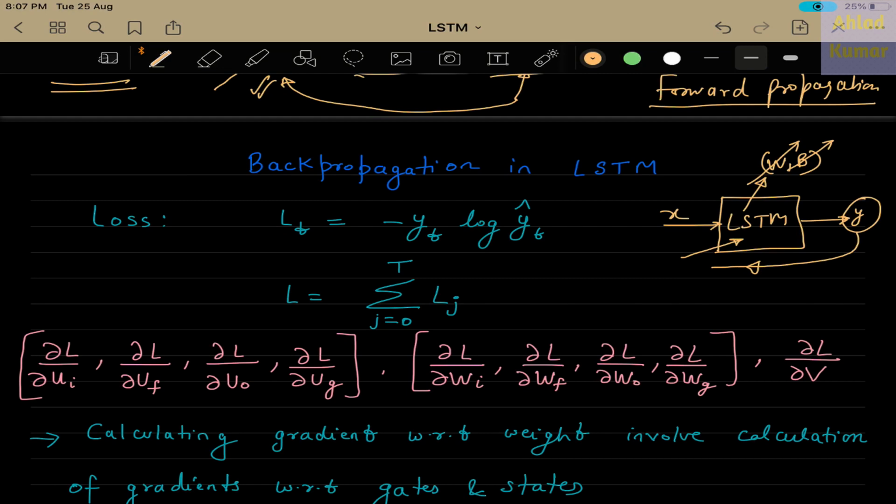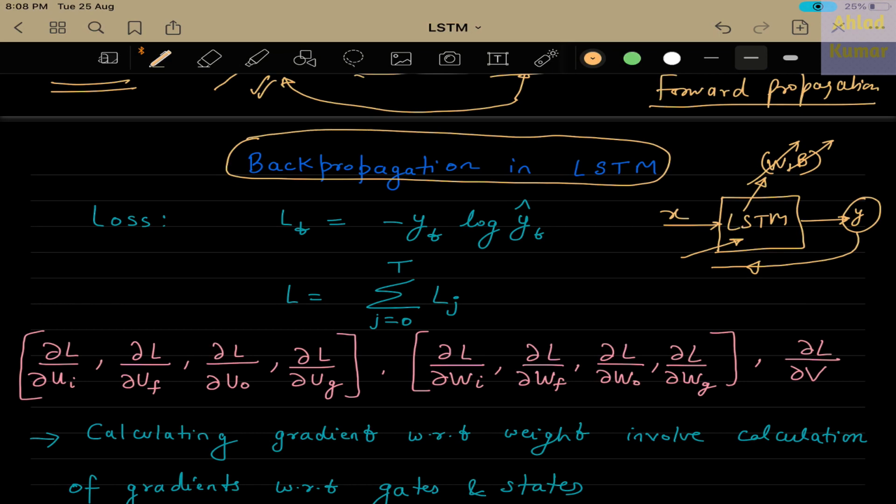So what we will be doing in the backpropagation is this training operation, that is how the weights and biases of this particular LSTM architecture are trained. And we know that the basic equation to train these weights and biases is through simple gradient descent, where the new weights in each iteration are the old weights minus alpha times the derivative of the loss with respect to the weights.